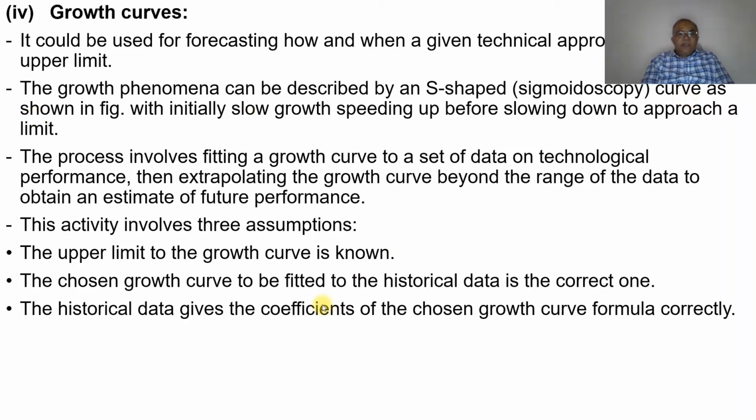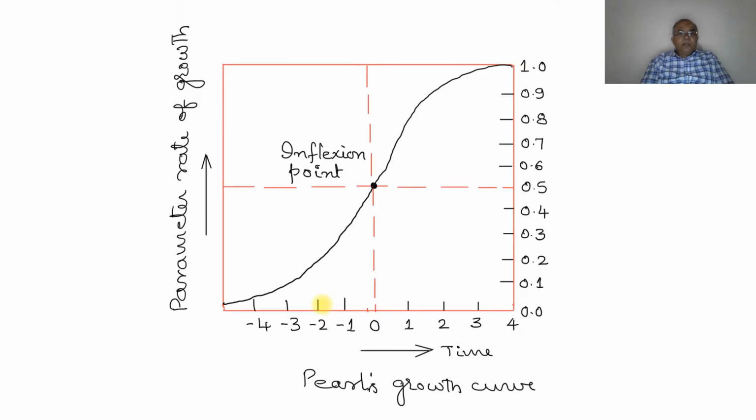So that means if you see the growth curve here, initially it is going to be slow, then it takes off, and then again it comes to the upper limit. So this is how the growth curve is going to be